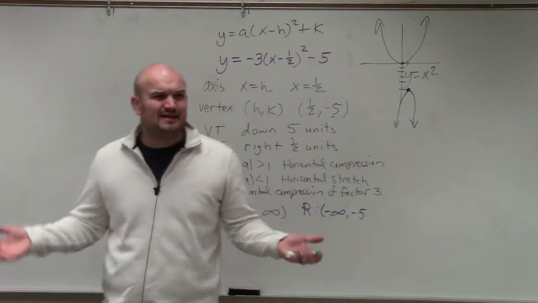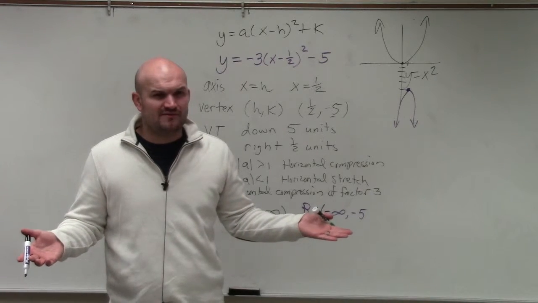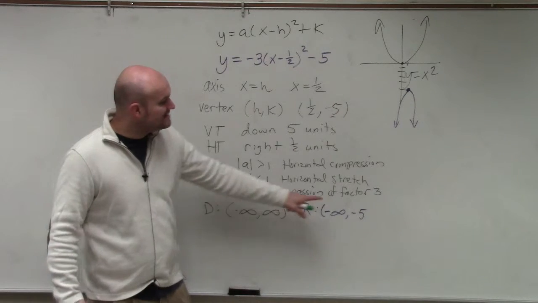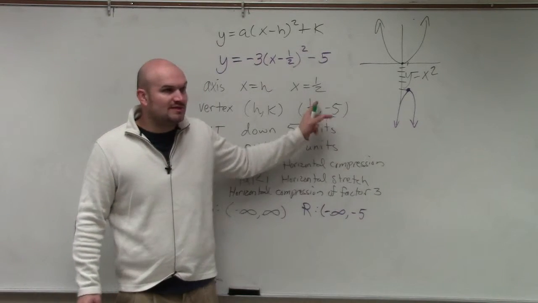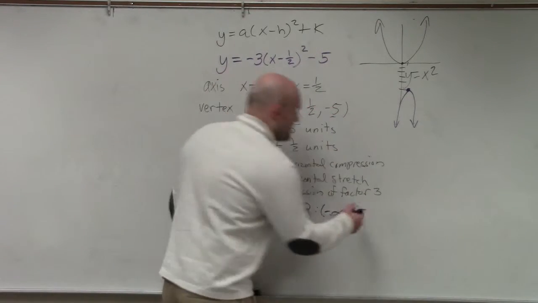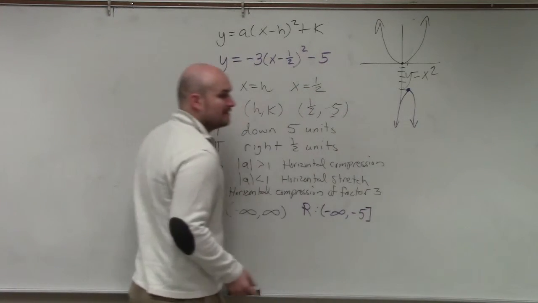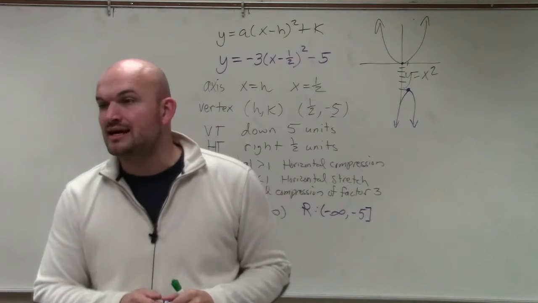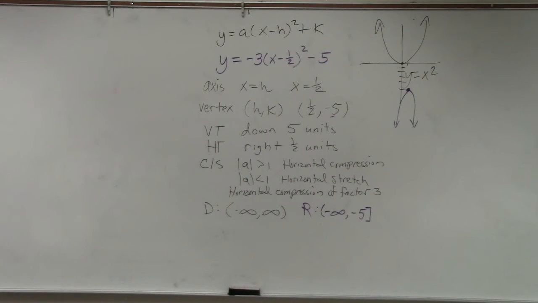However, is negative infinity an actual coordinate point on the graph? No. So that's why we use parentheses. Is -5 an actual coordinate on this graph? Yes. So that's why we use a bracket. The bracket says it's included in the graph. The parenthesis says it's not included in the graph. Is that enough information to get you guys started for